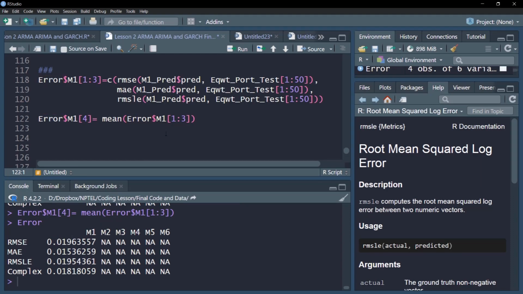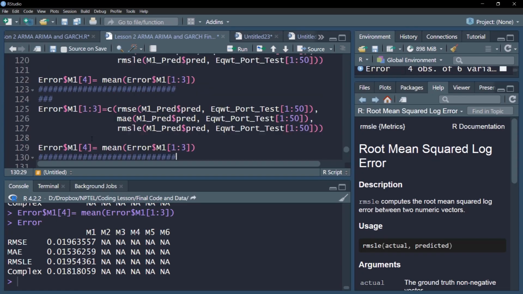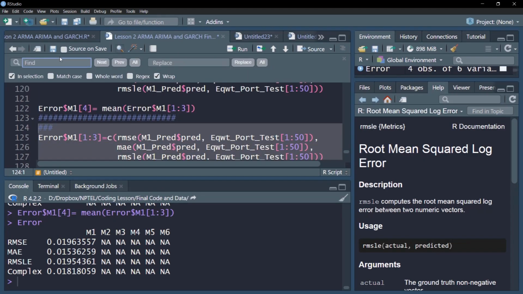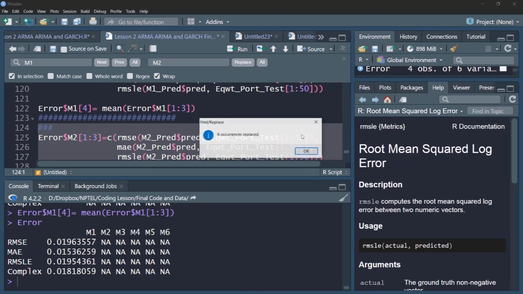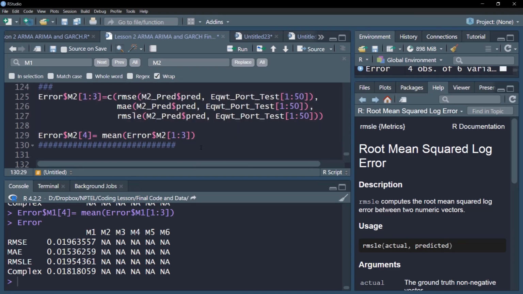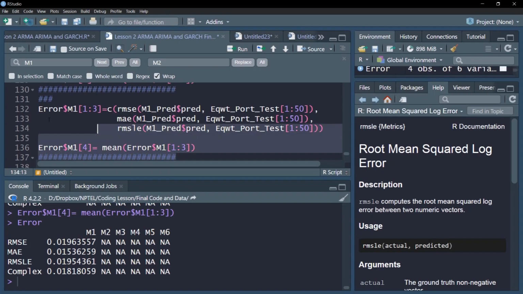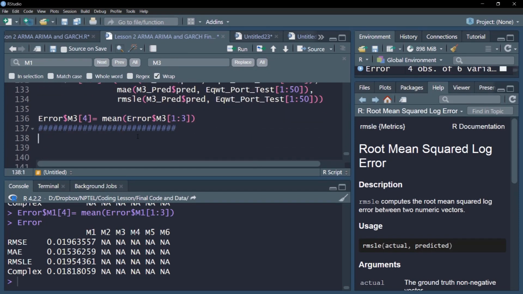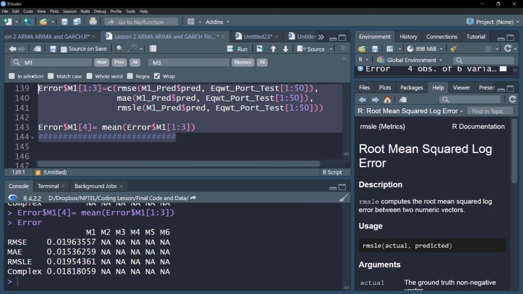So the same command I need not write again. I'll just copy paste it for the other objects simply by replacing M1 with M2. And if I replace it, the model will be good to go. Similarly, I'll again paste it and replace M1 by M3. This makes coding very easy. Our job is very easy, otherwise typing would have taken a lot of time here. So I'm just copy pasting the same command, only changing the model.